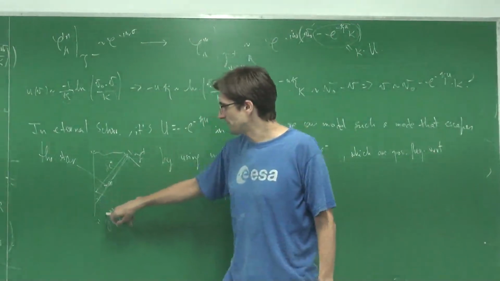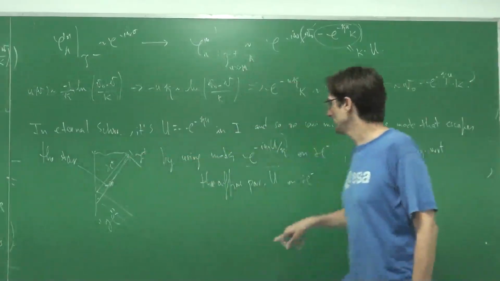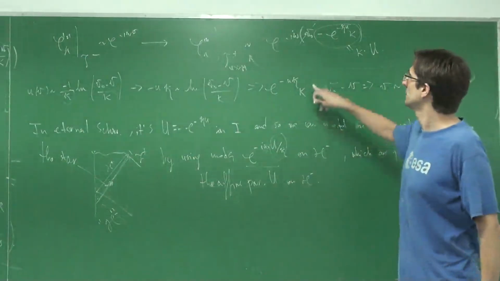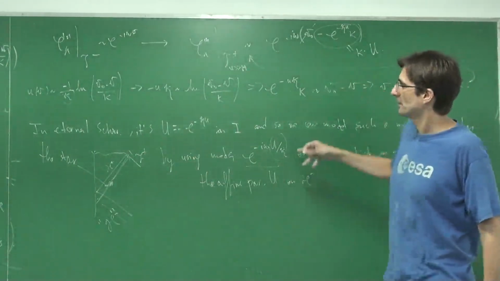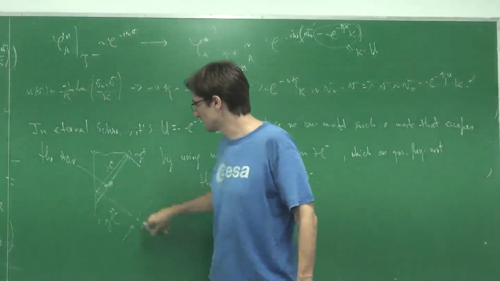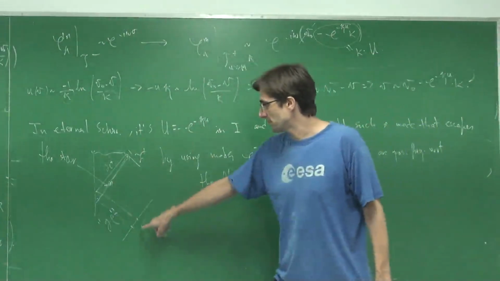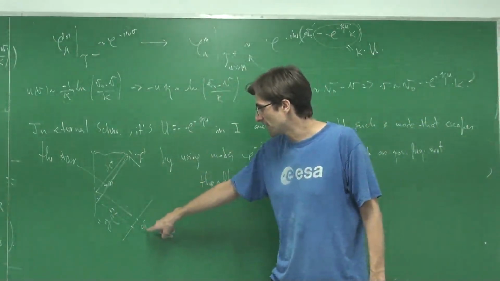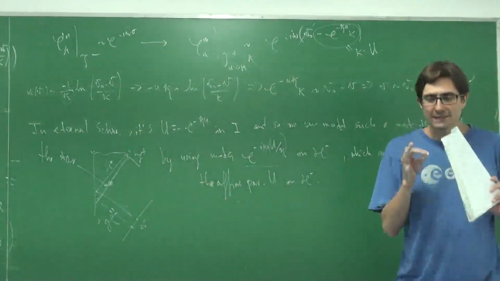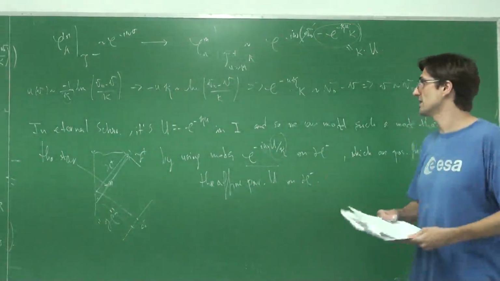The relationship between the affine parameter here and the affine parameter here is what happens in the dynamical case. There's the relationship between the V, the affine parameter here, but that's just linearly related to the affine parameter here. So this exponential relationship between the affine parameters in the dynamical case is modeled,